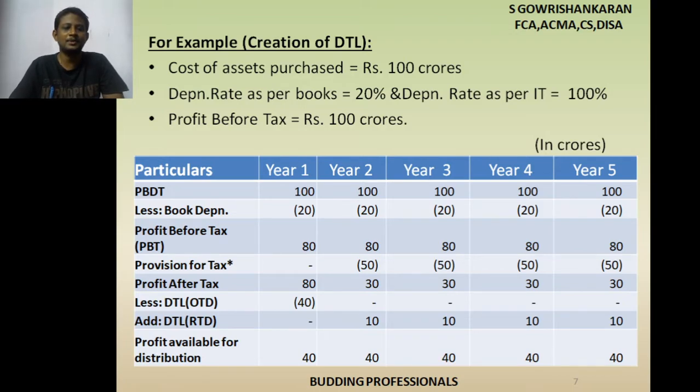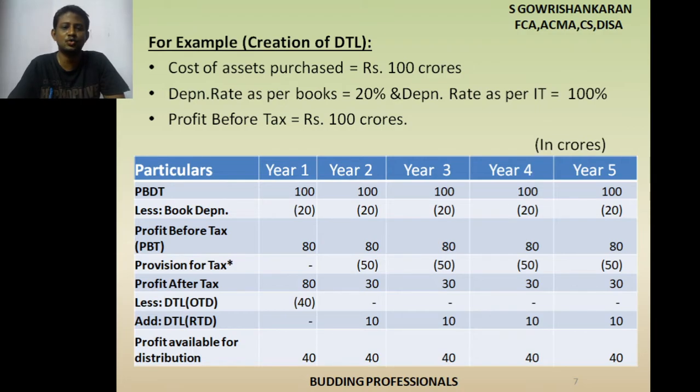I am preparing the P&L account as per the Companies Act. So PBDT is arrived at 100 for 5 years. What is the next item? Less depreciation as per the Companies Act. What is the amount? 20%